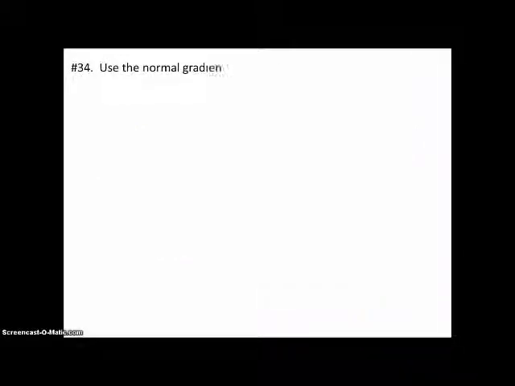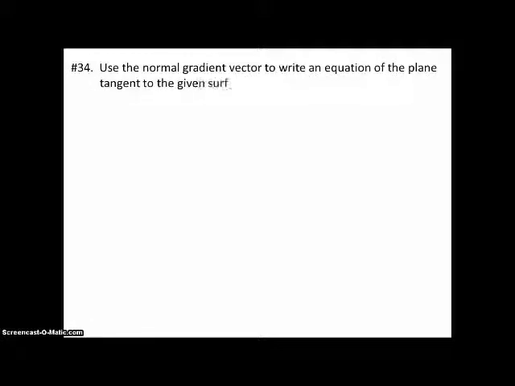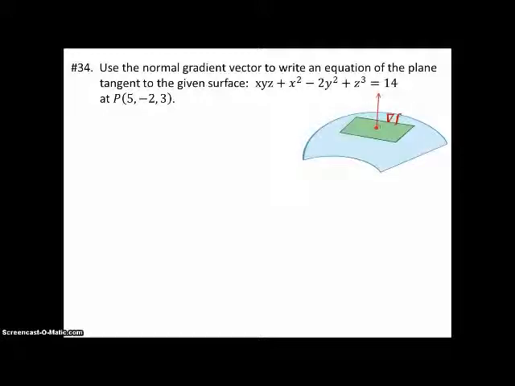So now let's do it in where we're used to using this method. Use the normal gradient vector to write an equation of the plane tangent to the given surface, which has an x, y, and a z in it at this particular point. So the method's the same. This time we will get a plane. So here's a picture of, I don't know what the surface really looks like, but we'll just pretend it's some curvy surface, and then the green plane is tangent at that point. And the gradient vector is perpendicular, and so the gradient vector can be used as a normal to the plane